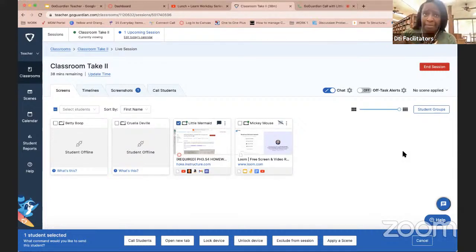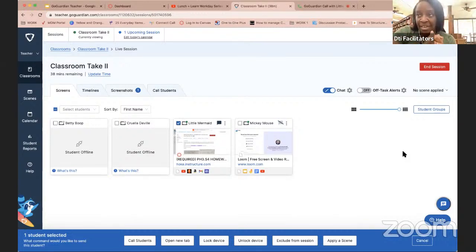I want that first tab to be Canvas so that way they can access their assignment. And then that second tab, it makes a student, especially our higher level students, well, our lower grades too, decide: if I have to look up answers and I want to do some research, or if I want to be on YouTube, it makes them make a conscious decision of what those 2 tabs are going to be. All right. And so we want to make sure that those scenes,